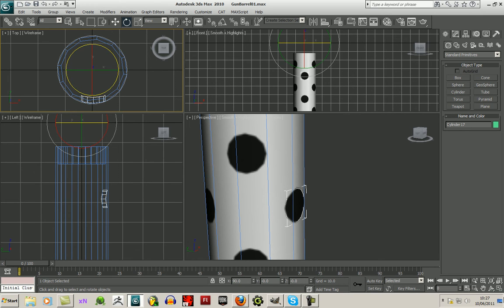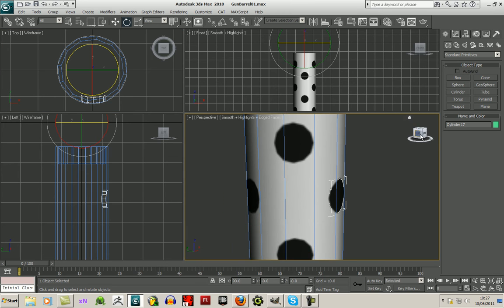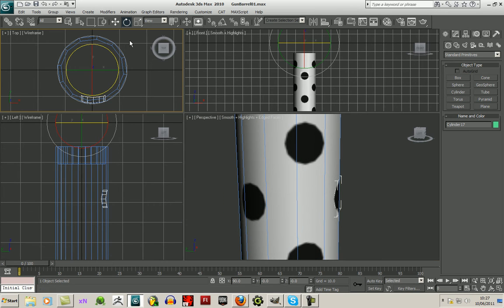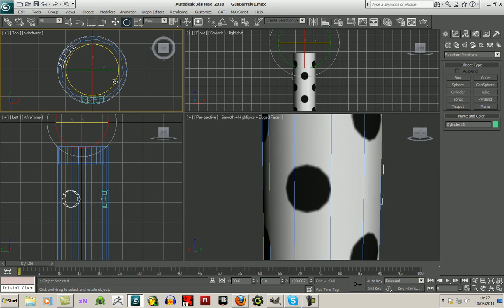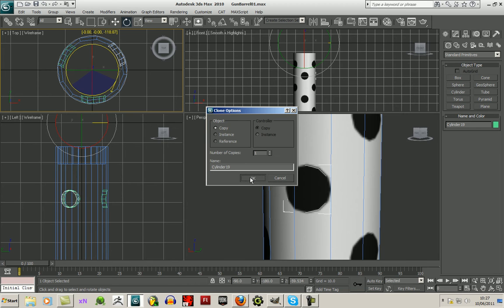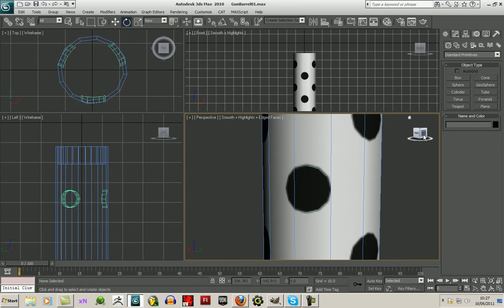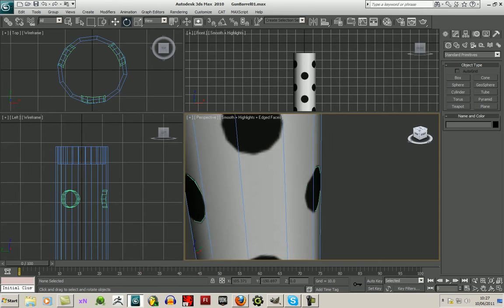So I'll undo that, and I will hold down shift, and in the top viewport hold down shift and go round this ring here, go round till you see it lines up with this hole. Okay, that, and again bring it round, hold down shift till it lines up with this one. Okay,